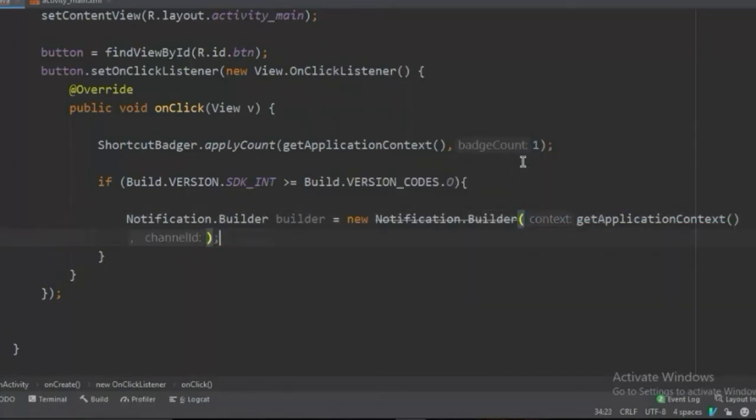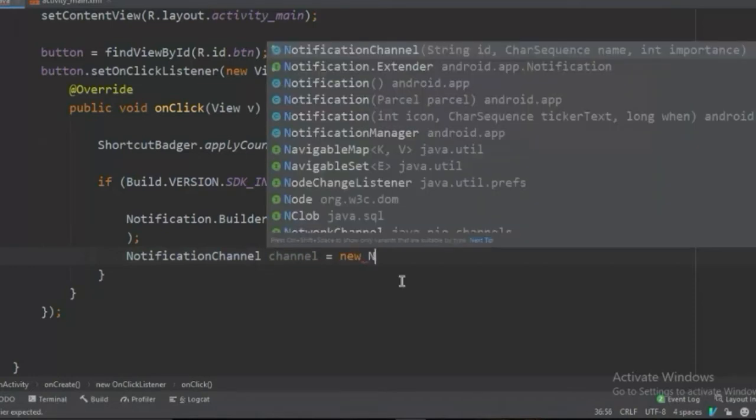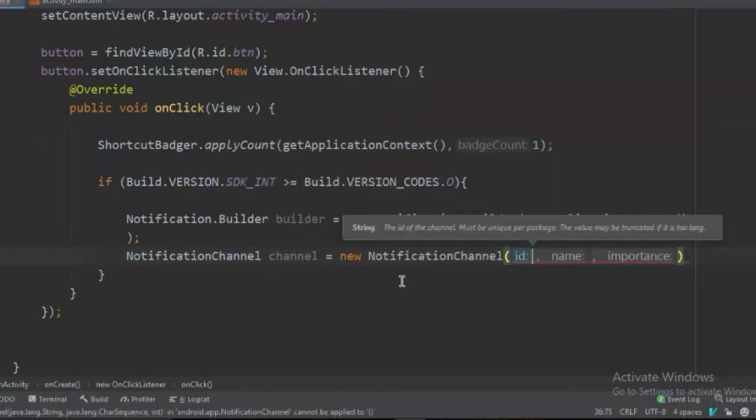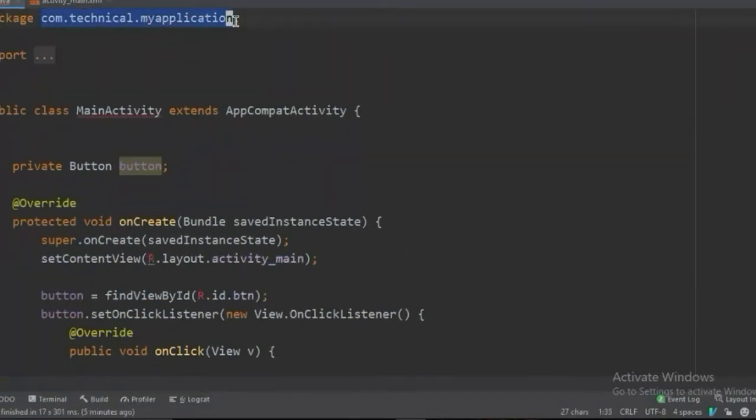And we have to create a notification channel. I'm going to call it channel, equal to new NotificationChannel. The first parameter is the ID. For the notification channel IDs, it is best practice to use the package names.